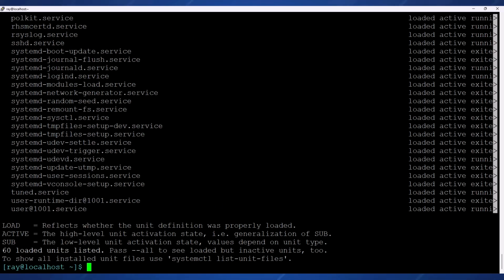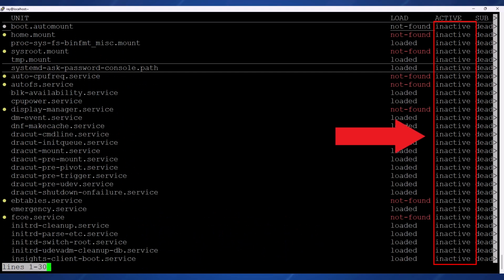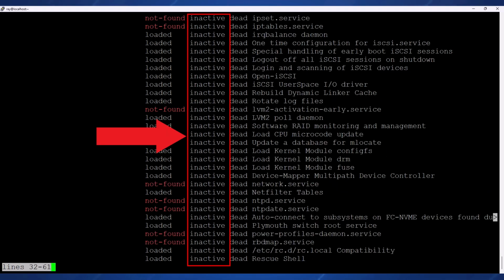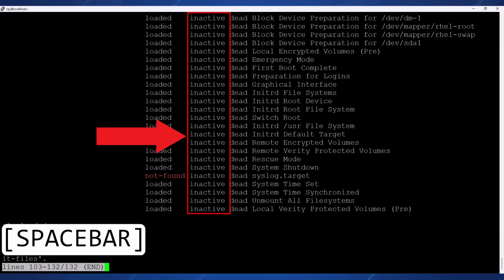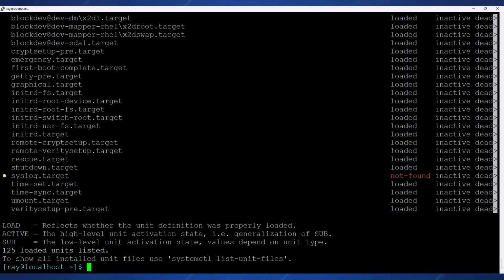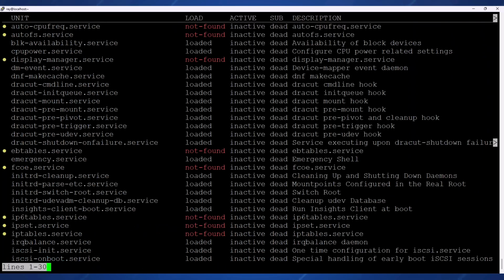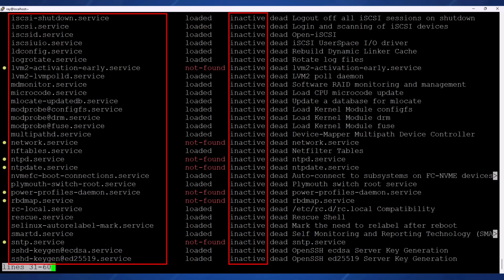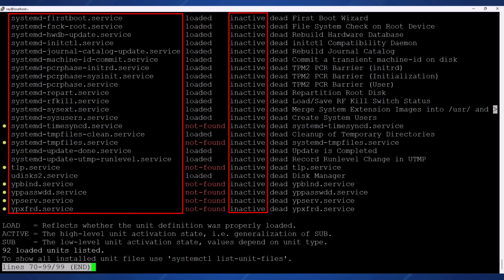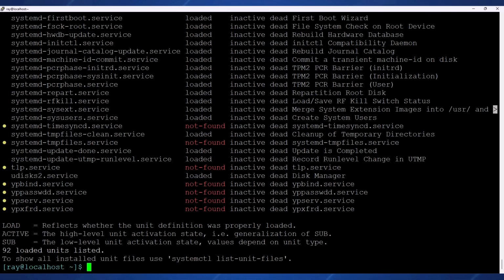And so on. You can also filter on the load, active, and sub columns, again with a comma separated list. So here we can display only the units that are inactive, or units that are inactive and are of type service. As you can imagine, you can get very creative with this, but the main takeaway is there are plenty of